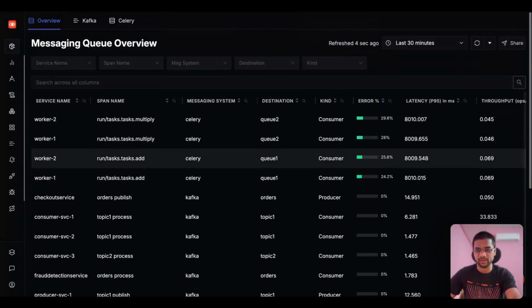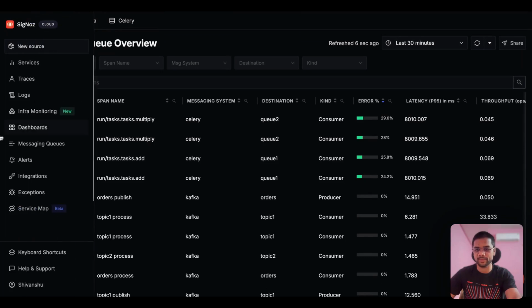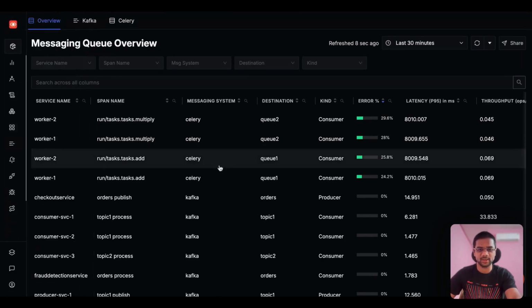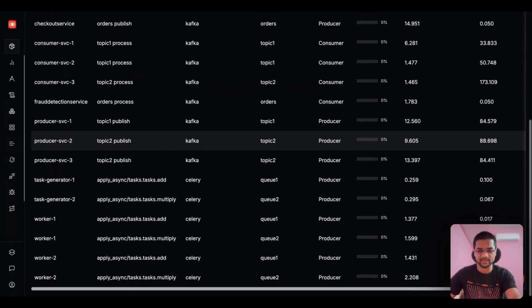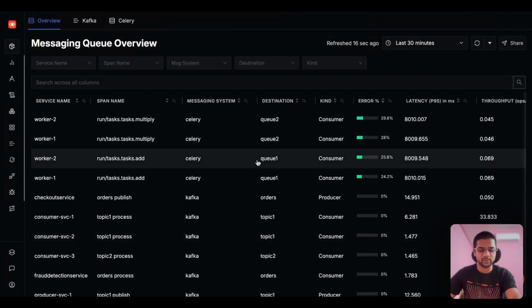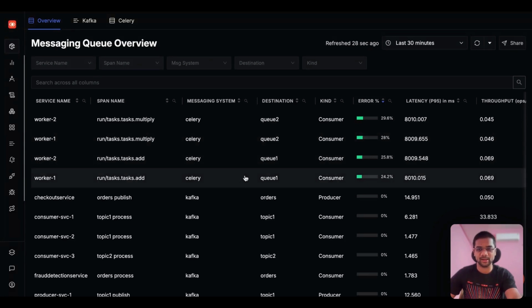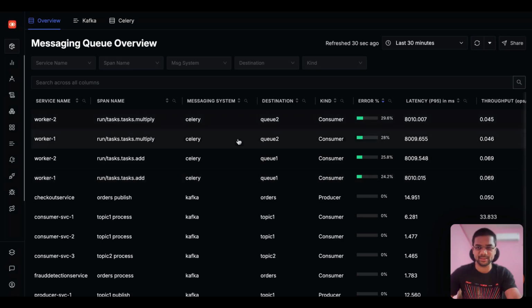You can come to the messaging queue overview tab just by clicking on messaging queues. You can see that in my system, I have Kafka and Celery as two different messaging queues. We support all the messaging queues that are instrumented by OpenTelemetry. All you need to do is instrument your producer and consumer applications with OpenTelemetry, and you can see all the queues and the corresponding details right out of the box in this messaging queue